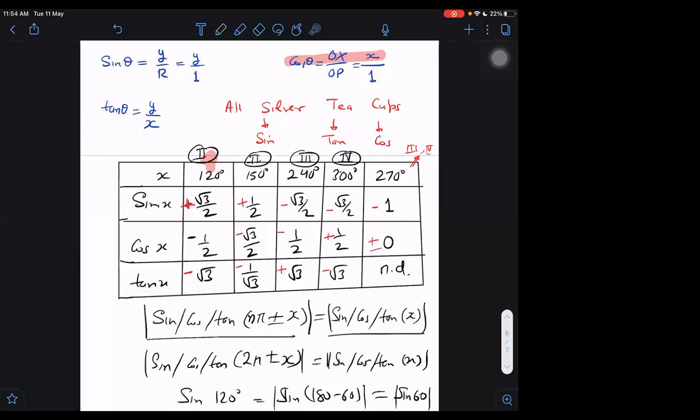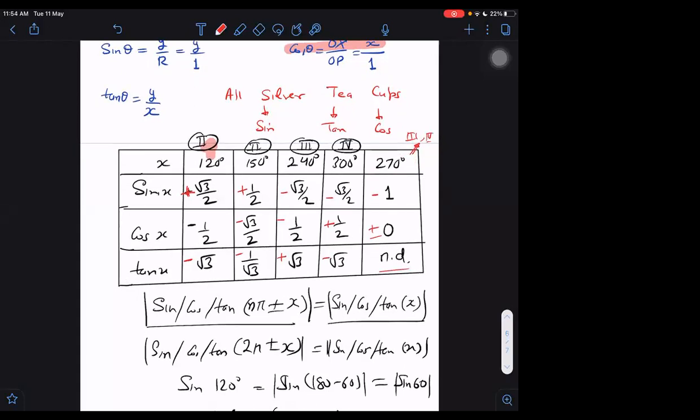Sine theta is negative in which quadrant? It is negative in the third quadrant as well as in the fourth quadrant. For such cases, I can apply the rule of third or fourth quadrant, it doesn't make a difference. What about tan? It is not defined. When it is not defined, there is no need to mention whether it is plus or minus. So better to say not defined because it could be plus infinity or it could be minus infinity.